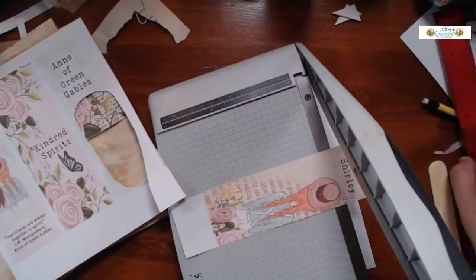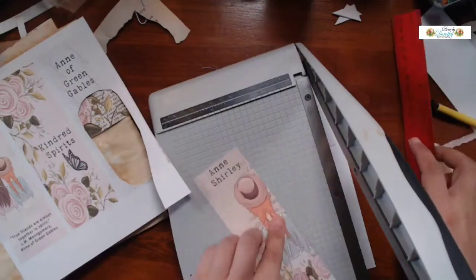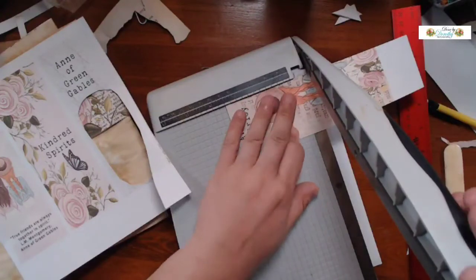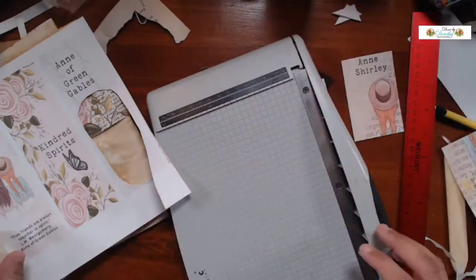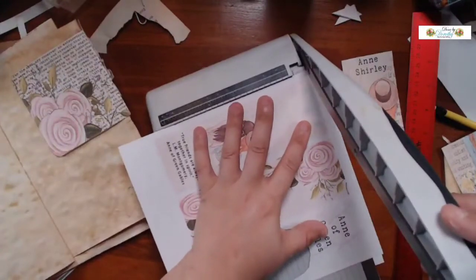Okay, then let's see height-wise what we're playing with. But technically our tags can stick out. We've got about 3 1/2 inches. So if I go 3 1/2 inches, I'm talking about right there. So it'd be Anne's head and her shoulders. That's good. So that's a cute little tag. And we could just do the Anne of Green Gables. Let me go ahead and just